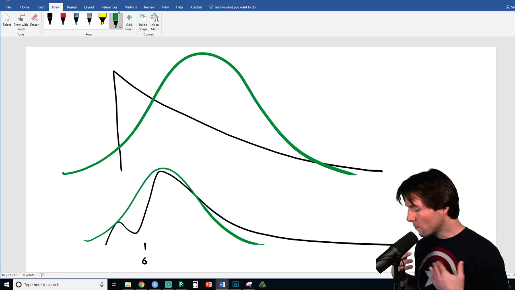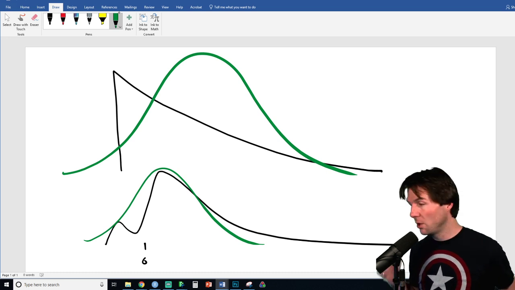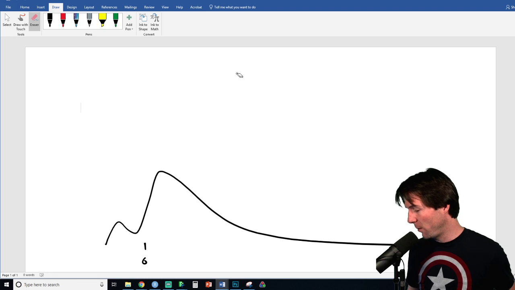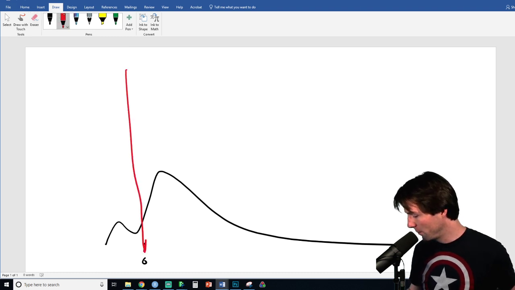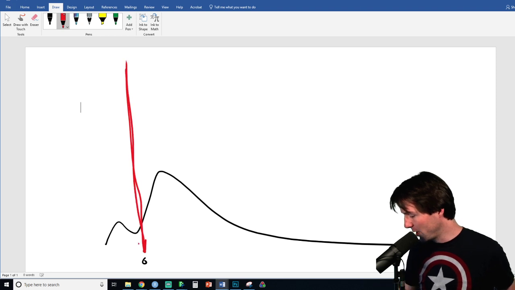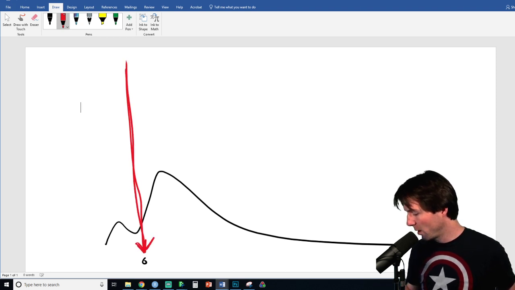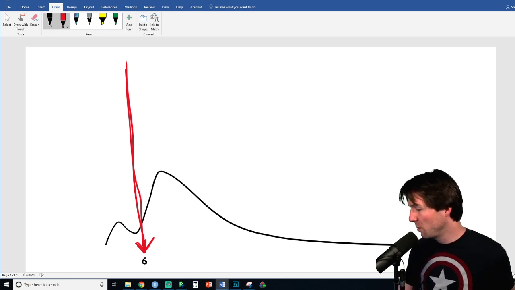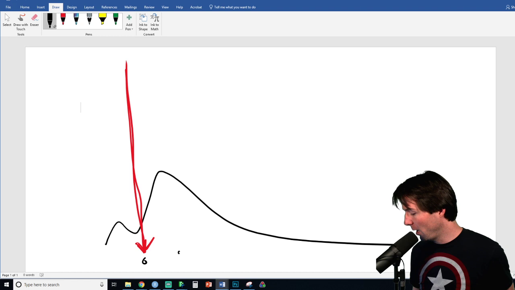So there's an issue, though. There's a huge, huge, huge issue. And this crazy huge issue is right here. The big issue is right there directly on 0. Why is there a big issue on 0? Because let's look at some unique values on this. When we have 10 and we have 100,